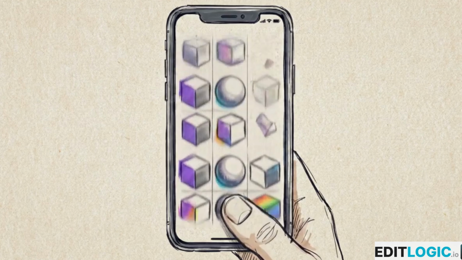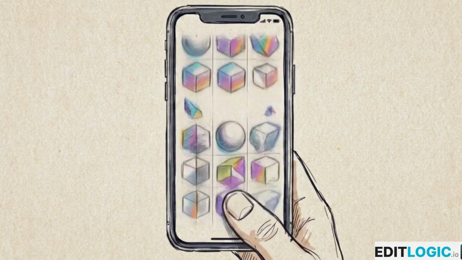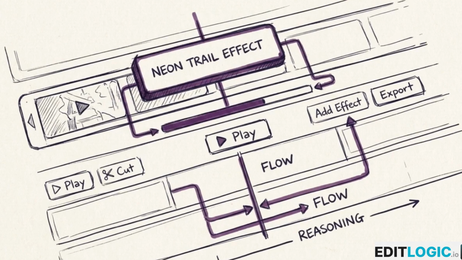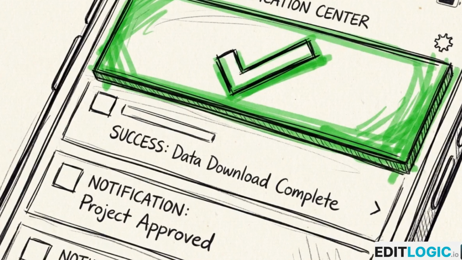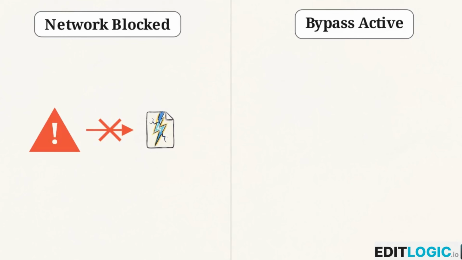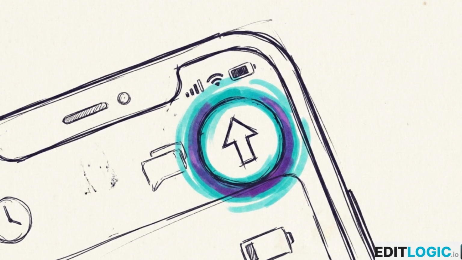Let's verify the protocol worked. Open up a test project and navigate to the traditionally blocked Templates and Effects tabs. Instead of an endless loading wheel, you will immediately see a return to fluid, unrestricted access to your entire creative toolset. You can apply complex trending effects and animations, and they will load instantly onto your timeline without triggering a